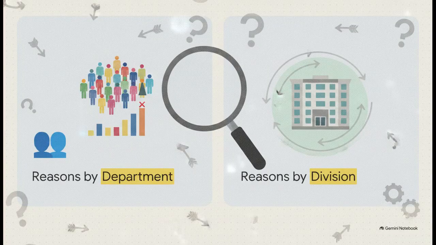Think about it like this. By comparing the reasons for leaving between a department and a division, we can spot some incredibly vital clues. Imagine your overall data shows that 50 people left for better pay. But when you compare those reasons by department and division, you suddenly realize, wait a minute, 45 of those people were all in one single specific division. Suddenly you don't have a vague company-wide compensation problem, you have a highly localized division problem. Comparing these segmented reasons is exactly how you isolate the root causes of your attrition.